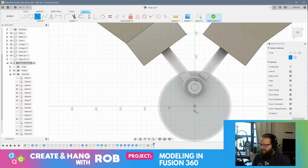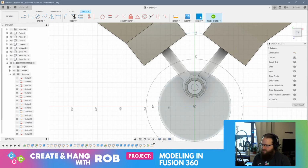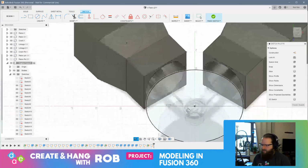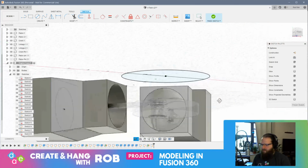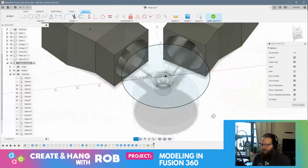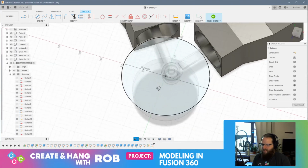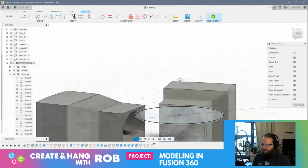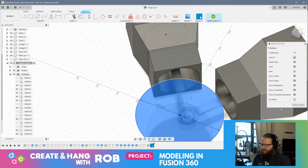By using that geometry as my offset plane, I should be able to make my 200mm circle dead centered on where I need it to be. Right? Okay, so now what I should be able to do is...